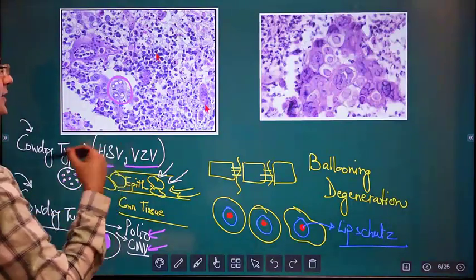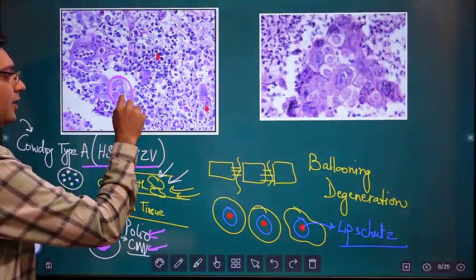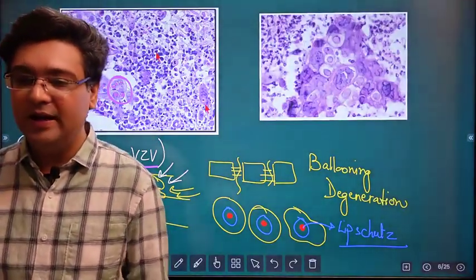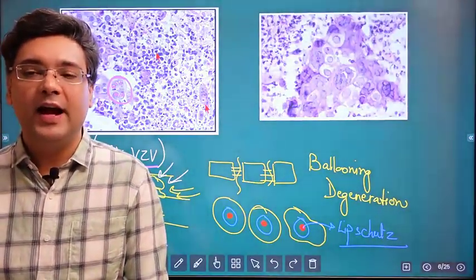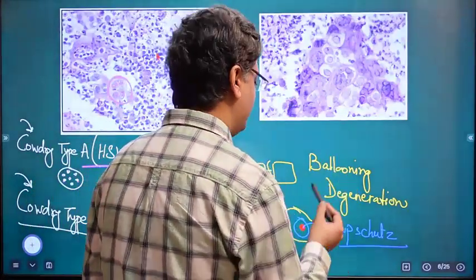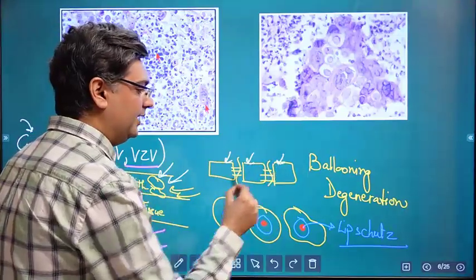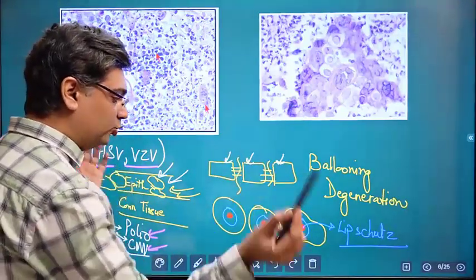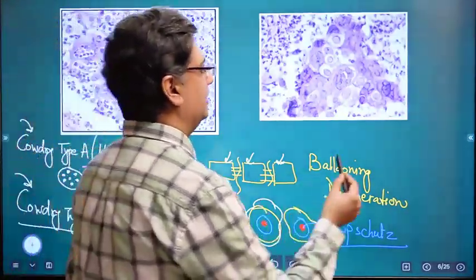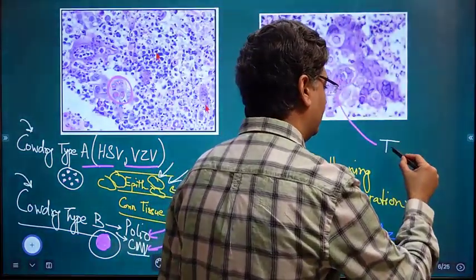So what can we see inside this? We can see that these granular areas are depicting Cowdry type A bodies. What else is seen here? We have these certain modified epithelial cells. You can see the normal epithelium here was squarish, but when the virus had infected it, it had swollen. When it had swollen, it had distorted and changed its shape. The cellular shape changes, and these cells are called